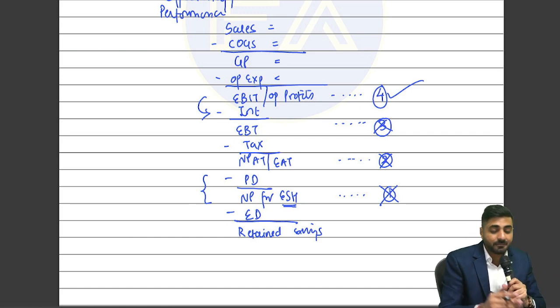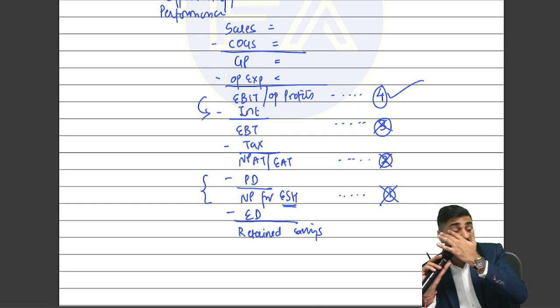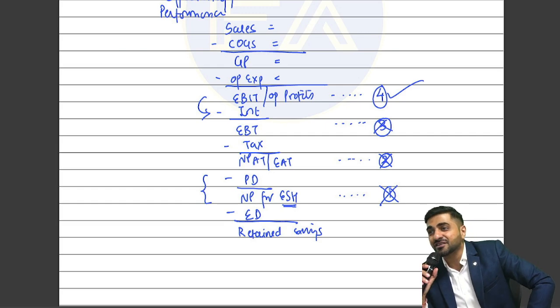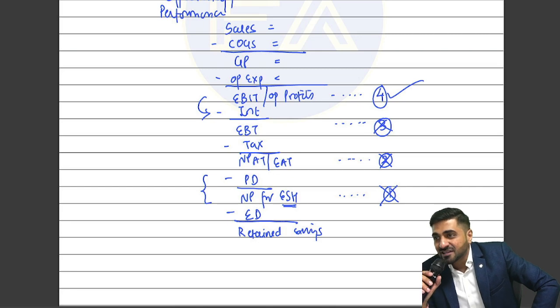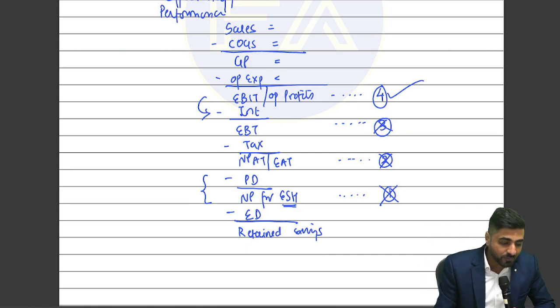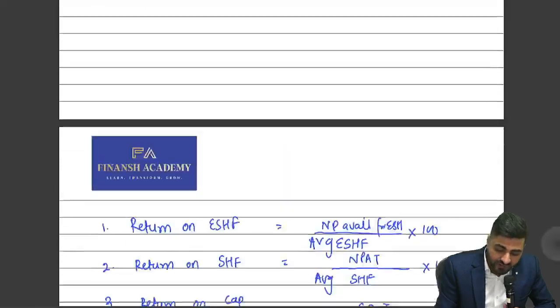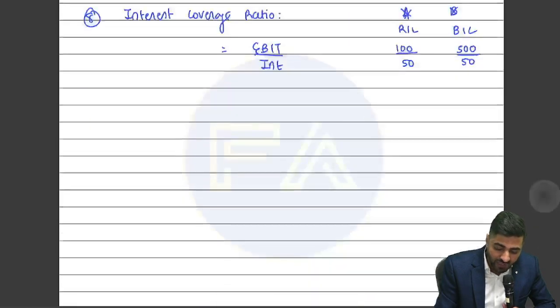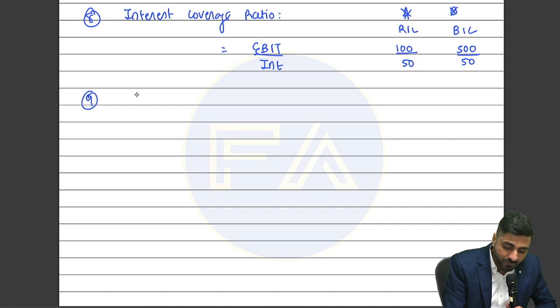Very good. It should be NPAT upon preference dividend. Because whenever we are talking about preference dividend coverage ratio, we are talking from the perspective of what is the preference dividend paid from the amount of your NPAT. So we should take NPAT upon preference dividend. Will that give you a preference dividend coverage ratio? Come on, yes or no? Yes, sir. So preference dividend coverage ratio should always be NPAT upon preference dividend.